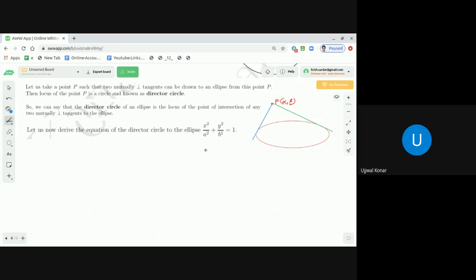Yeah, so you see, dear students, there are two tangents I have drawn. One tangent I can say is PT1, and the other tangent is PT2. Now, what is the generic equation of this tangent? If you remember, it is y equal to mx. Let me write it from the study material so that